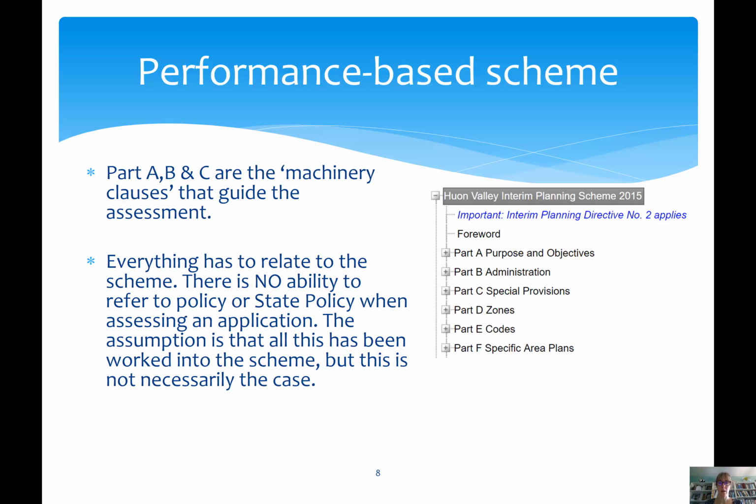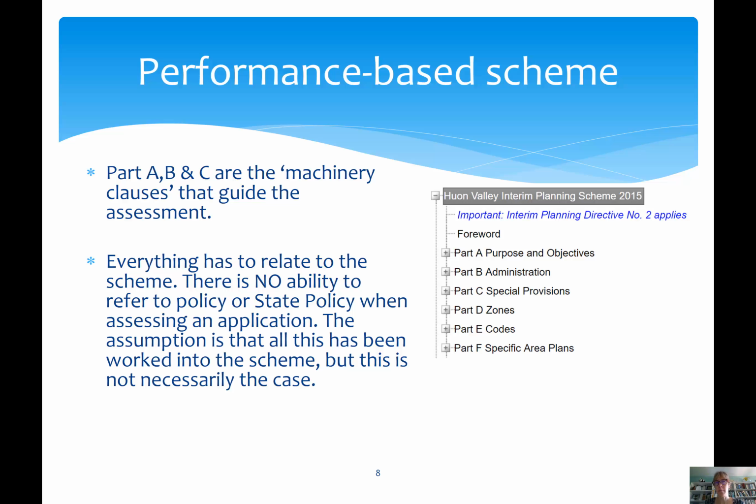Parts A, B and C, and I've shown you a screenshot here from the Huon Valley Interim Planning Scheme in iPlan, are what are called the machinery clauses that guide that assessment. And so these set out the purposes and objectives and the way you administer it, and a planner will get to know these and not need to keep referring to them.